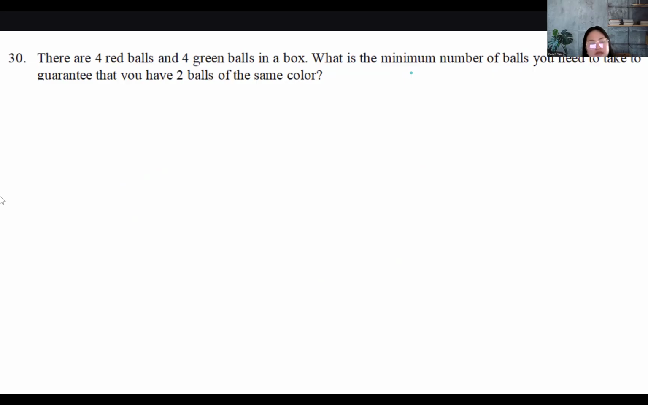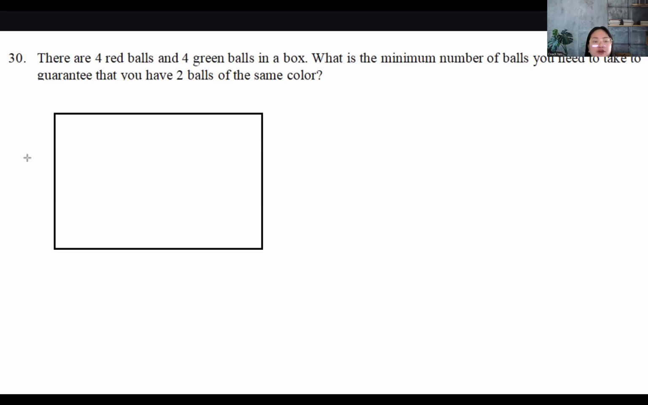Okay, so let's imagine this. You have a box like this. You have 4 red balls. 1, 2, 3, 4. Now, you also have 4 green balls. Just imagine they are equally sized. Okay. Now, what is the minimum number of balls you need to take to guarantee that you have 2 balls